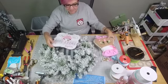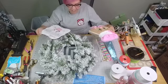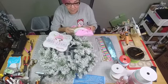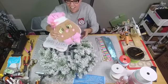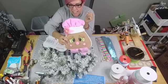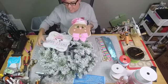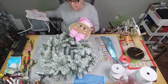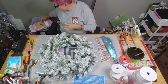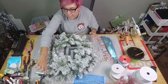So, when I was sitting here prepping while Shay was on, I was trying to fit everything. I'm like, I hope this all fits once the mesh is in. So we'll see. And this little girl, I believe I got her from Doors Wood Designs last year. So these are my two main items going to go in the wreath. And I've got a bunch of mesh. Of course, I've got the good old Walmart flocked